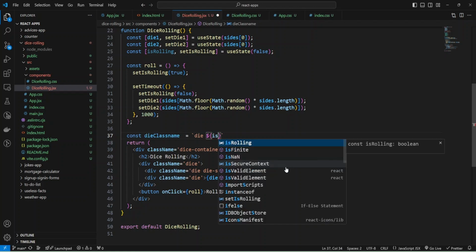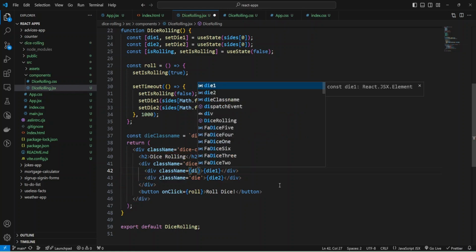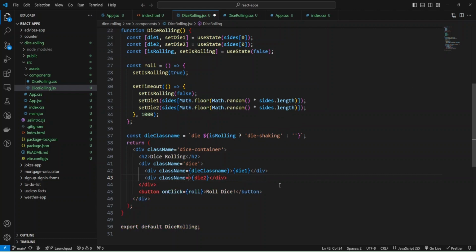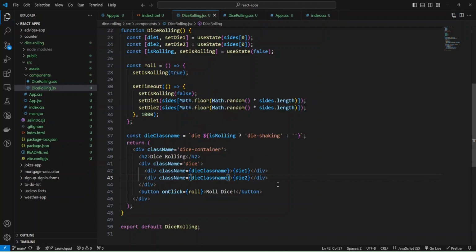If is rolling is true, then we provide the die shaking class, and if not, then we provide just an empty string. And now we can use our class name on our die container, and it will be die class name, and the same for the second die, and let's check what I have so far.